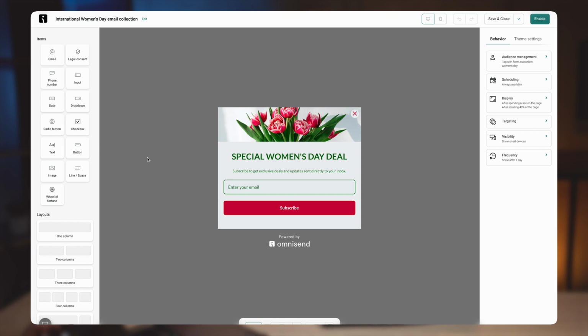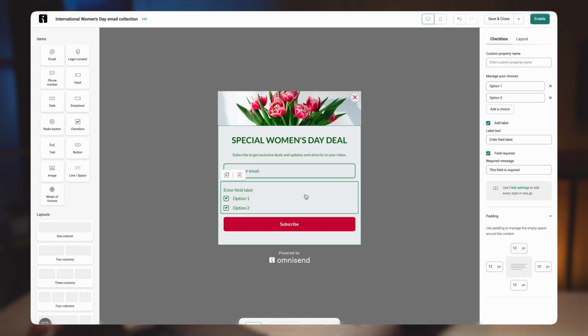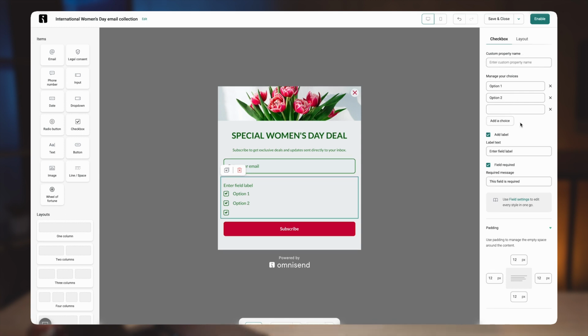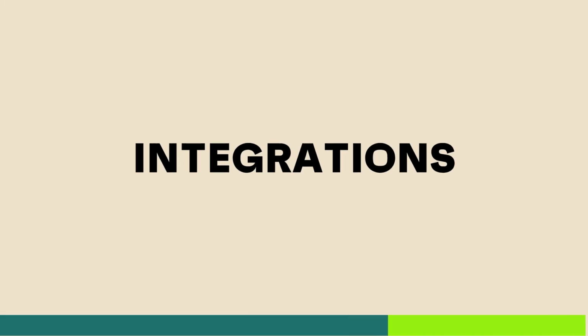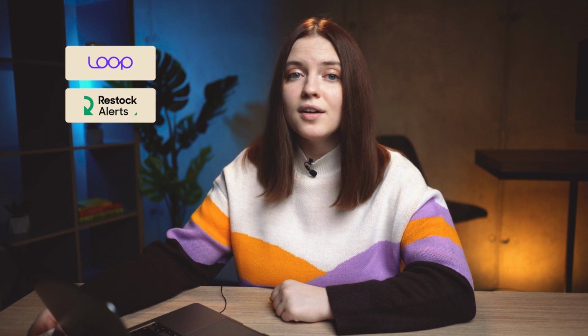Collect multiple answers in a form with a new checkbox item in the Forms Builder. Simply drag and drop the checkbox item anywhere in your form and collect. With different checkbox choices, you can map them to custom properties in your store and use this valuable data to segment your audience. Integrations. This month, we've got 3 new integrations: Subscriptions by Loop, Notify Me Back in Stock Alerts,